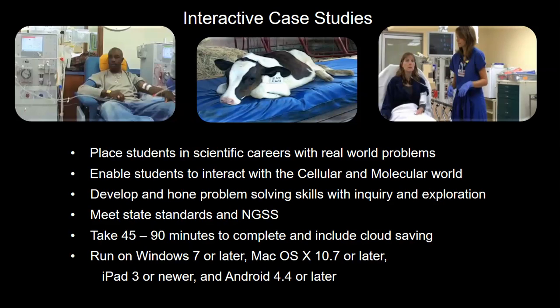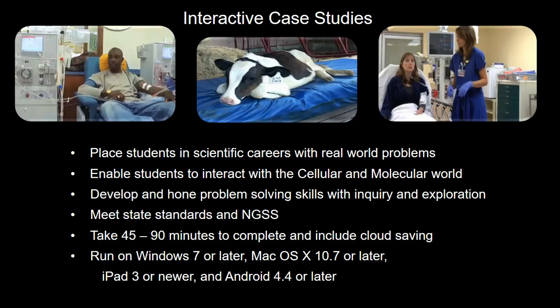This is really great because it helps open up the idea of scientific careers to students as a viable option, and also helps answer that question we hear all the time from students: why do I have to learn this, or why is this important, or what does this have to do with me? Well, since we're showing them real-world problems in every single case, that answers that question for them immediately, and also helps the students become very engaged in the story and the plot,